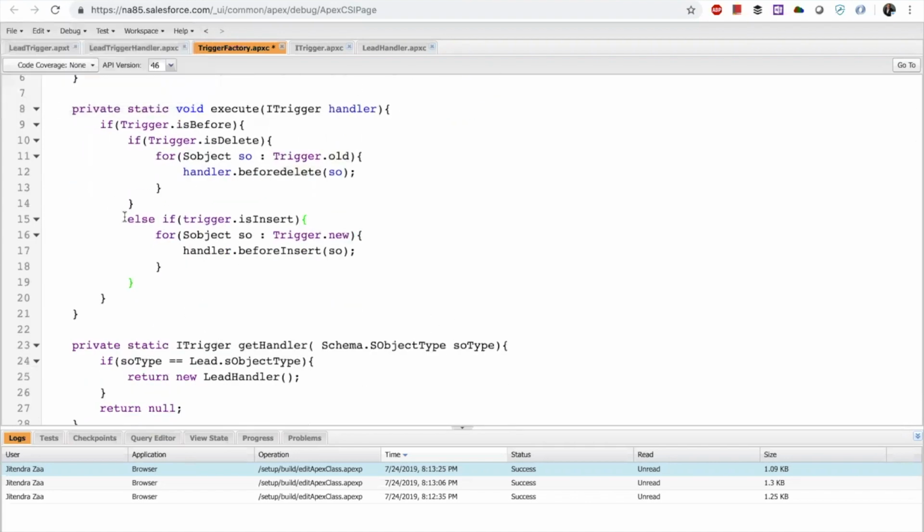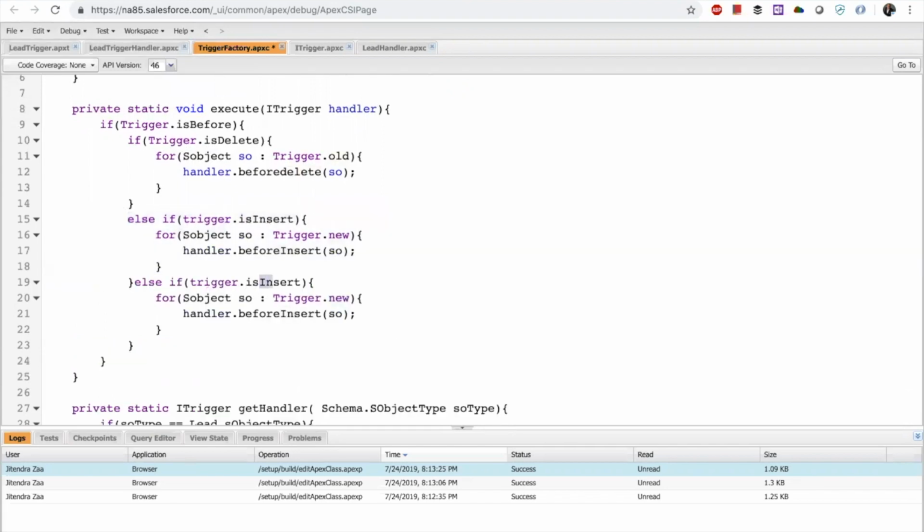Same way there is going to be before update, and in the update part we are going to have trigger.old, you can iterate through anything. Then what we will say is before